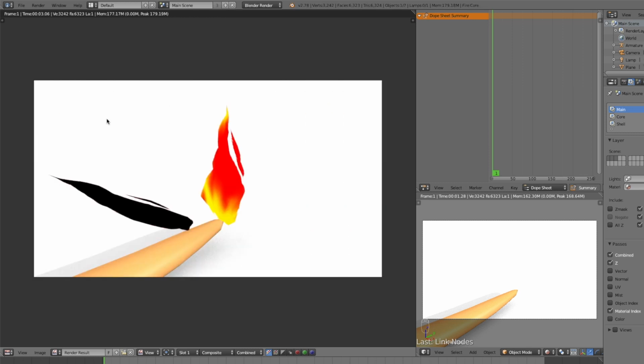There we go. The core's shadow is now in the same image as the rest of the objects, but unfortunately things still don't look quite right. The shadow is way too dark, especially when compared to the shadow that the tail is casting. It's also overlaying the tail's shadow instead of blending in with it, which doesn't make it look very good. We're going to need a little bit more node work in order to fix this, but first, let's head back